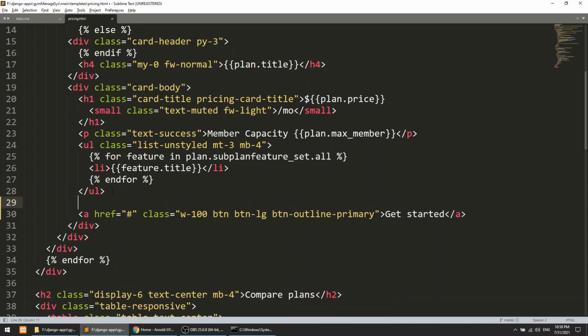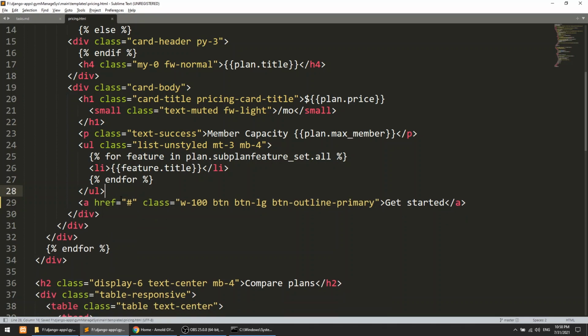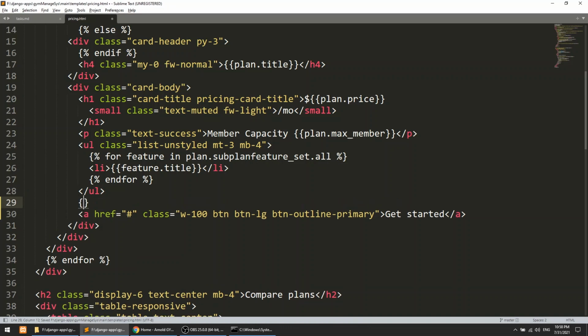But this link will go under the condition that if request.user.is_authenticated, then we will show this link.